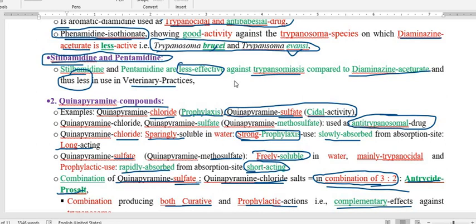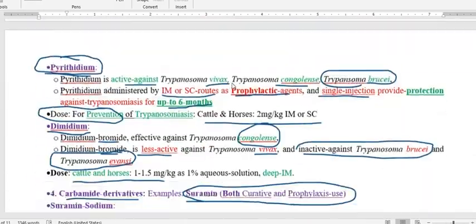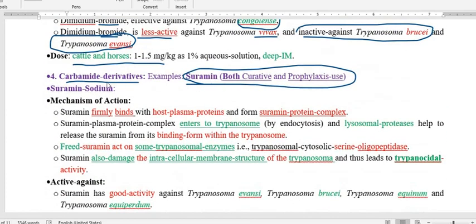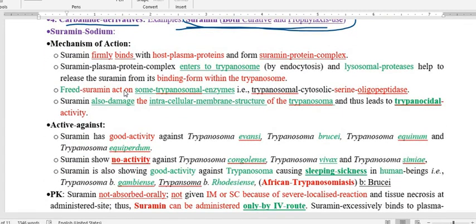One point to mention is that diminazene aceturate is very less effective, or not effective, against the late stage of trypanosomiasis. This is an important point about diminazene aceturate. Now we go to the other group, the carbamide derivative, and the only drug is suramin. As for the mechanism of action, the drug binds